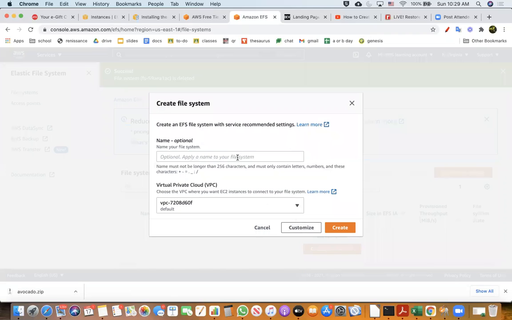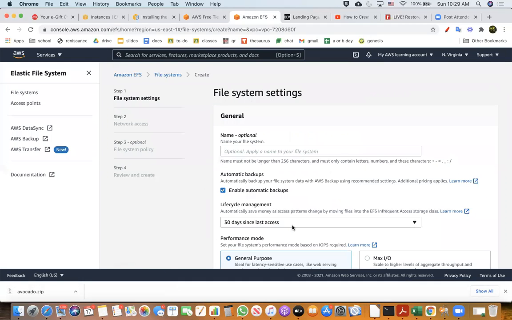This is a straightforward default creation, and a quick creation option is also available, but I'm going to use customize so that I can create it properly. When you create this, it is better to give a name.